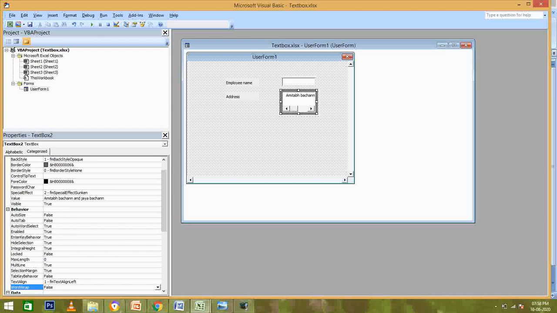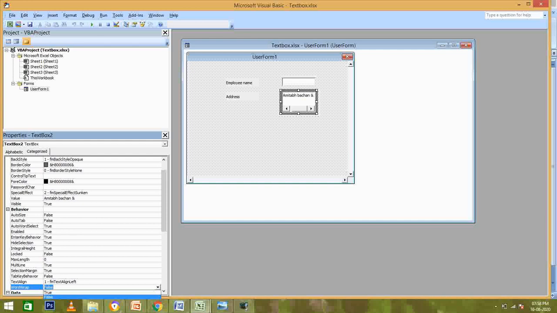Till Bachchan it was okay. I will show you again: we'll delete this, and till here it is okay. But if I start writing more than the size of the text box, the scroll bar comes automatically.